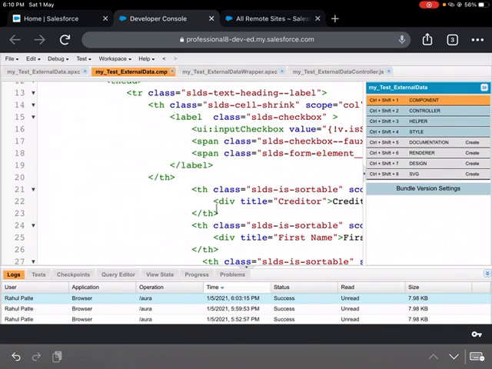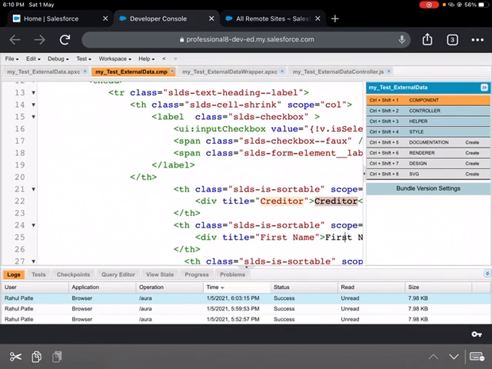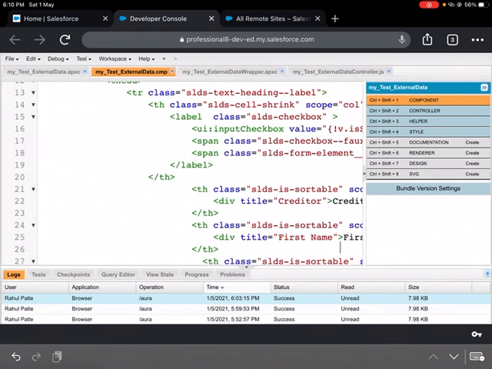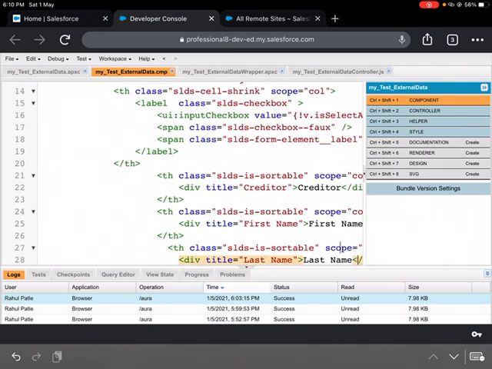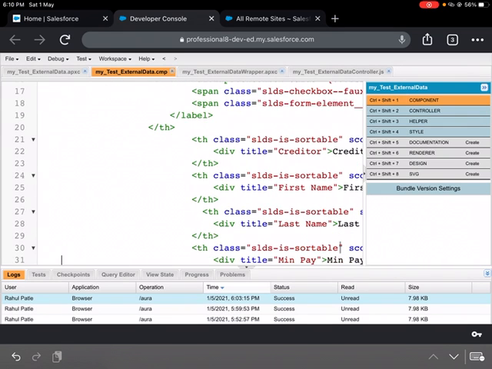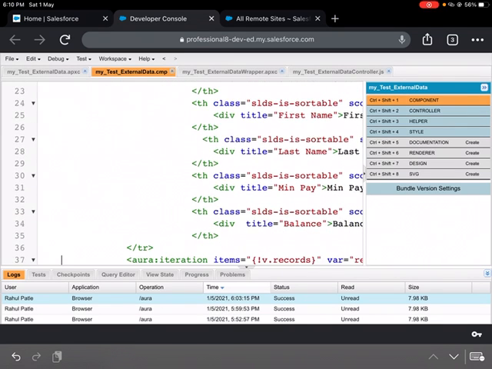And for each and every data, JSON data, I've created a column with a header. So this is creditor, this is first name, last name, and so on, minimum payment, till balance.